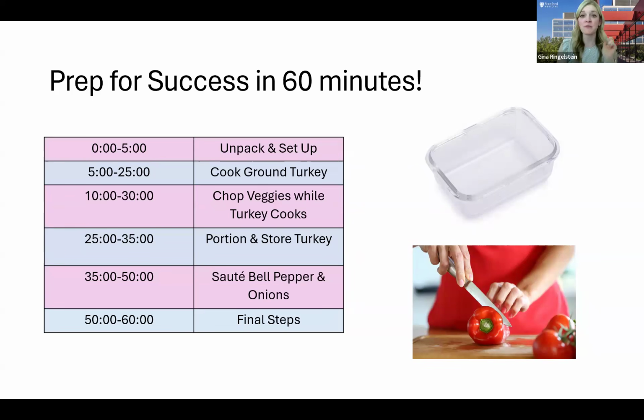We're also going to prep some veggies. This is where we'll chop bell peppers and onions that we can use for chili as well as our Taco Tuesday and maybe even a little something else. So in those first 5 minutes, as you see, we're setting up and then we move on to the ground turkey portion. You start cooking up your turkey. You can season it simply so that when you're actually making the meal, you can add different flavors that accompany the flavors of the recipes. You can keep it really simple.